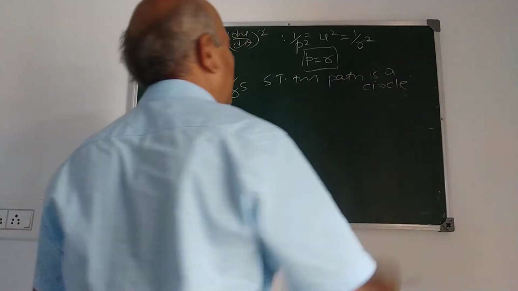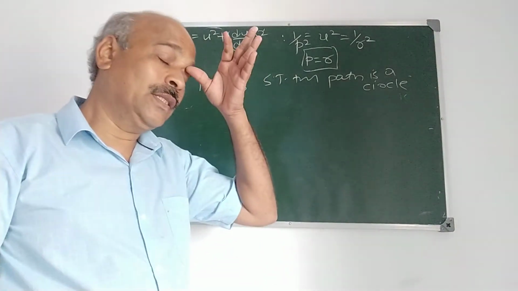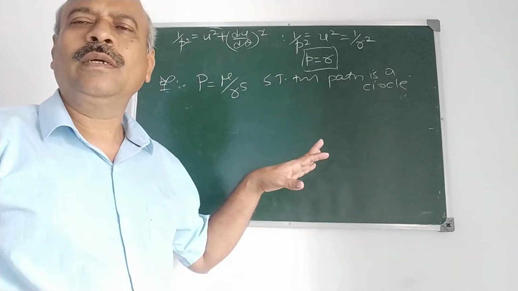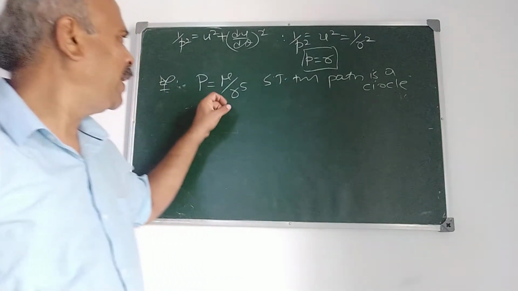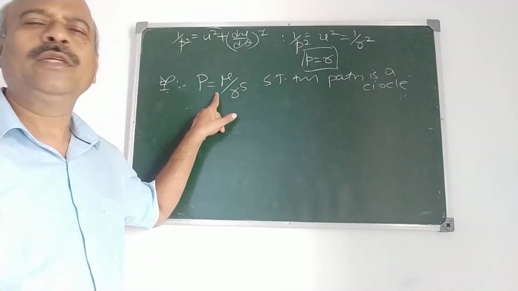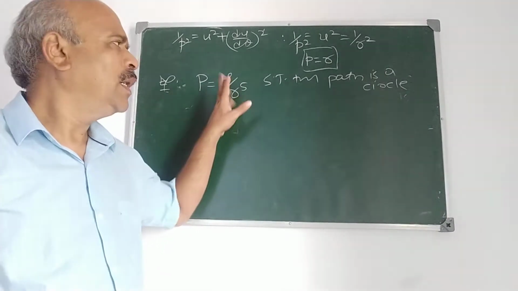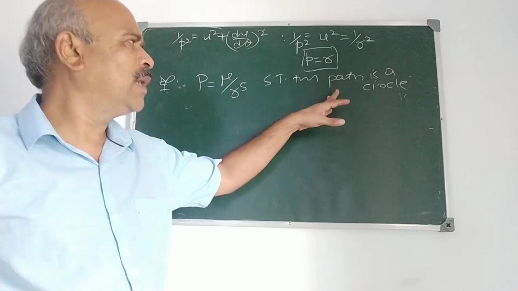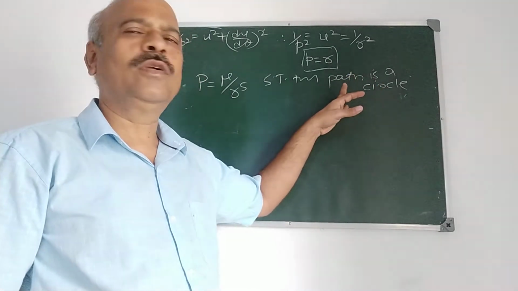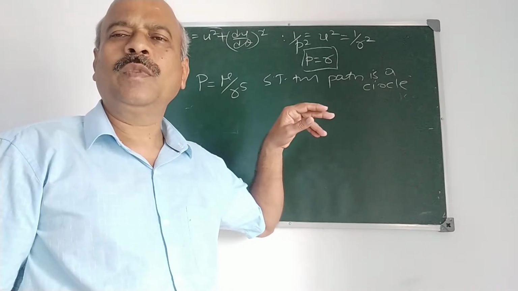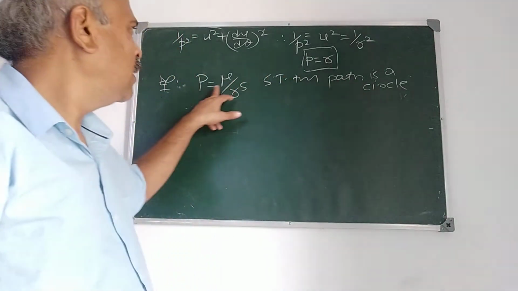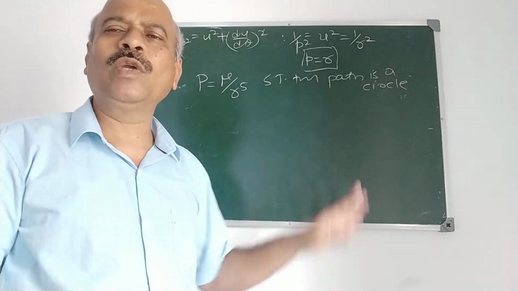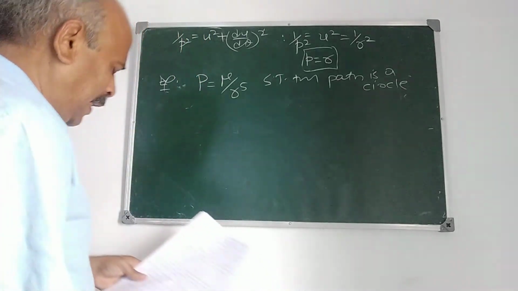Here the central orbit is in polar form. Therefore, if we find the path using this law of force and the differential equation of the central orbit, it will be in polar form. And in polar form, a circle is R is equal to A cos theta. Therefore, if we get the equation of the path as R is equal to A cos theta, it represents a circle. We conclude like this. Now, I start with this.